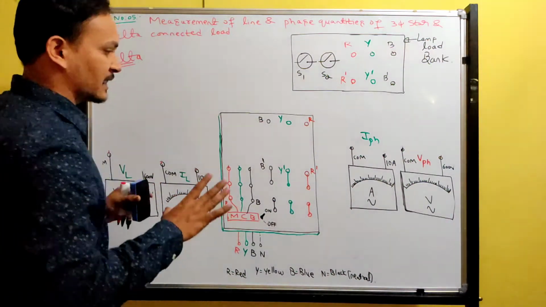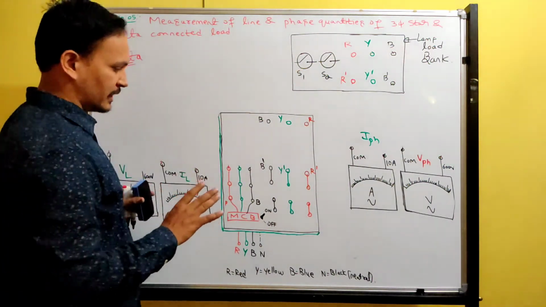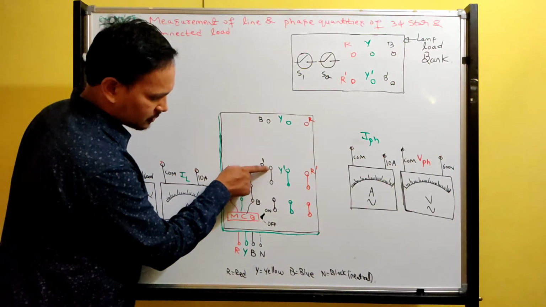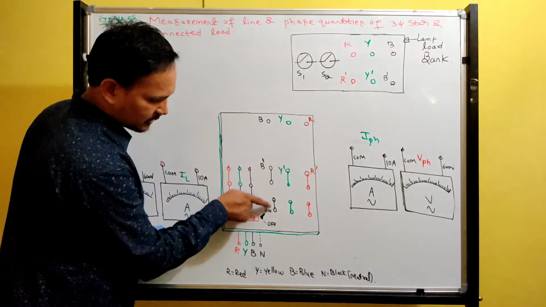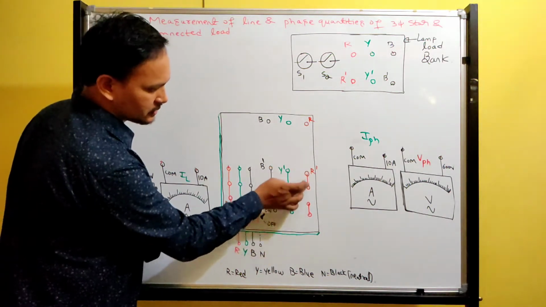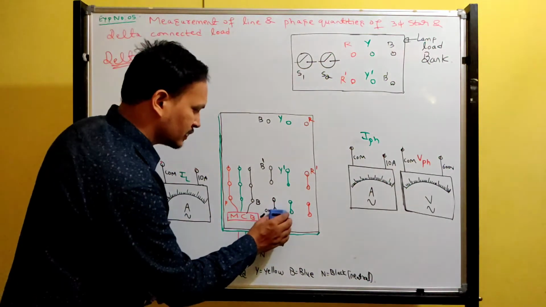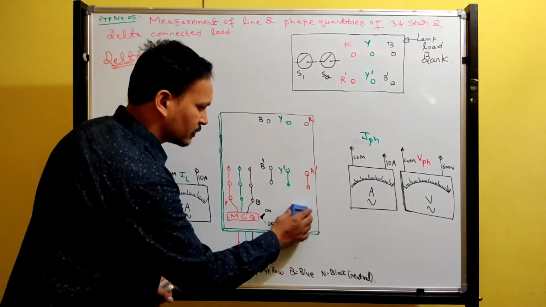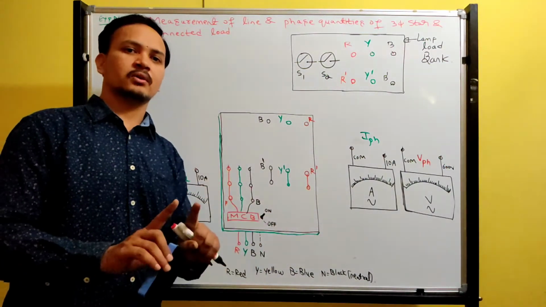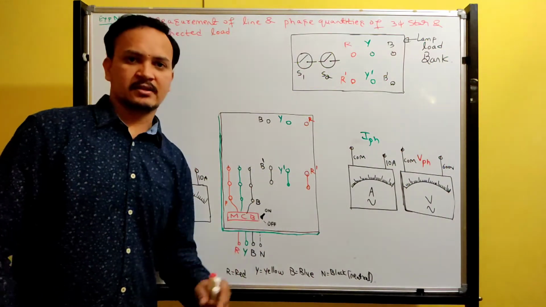See, now the delta connection. Again the same instruments, everything is the same. Now in the delta connection, see here 4 terminals are there, na? If I join this, everything will become B dash. If I join this, everything will become Y dash. If I join this, all 4 terminals will become R dash. See, I am not using the last 2. In the board they will be there, but you will not use those 2 terminals of each phase.